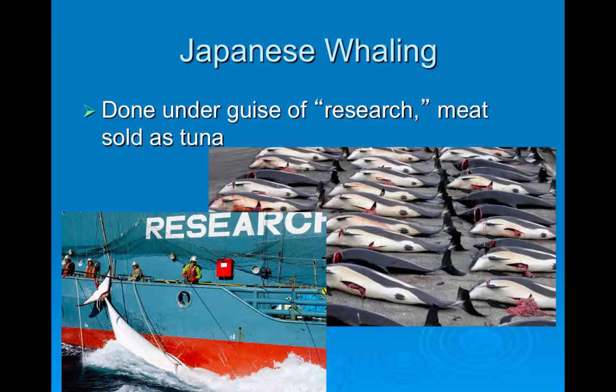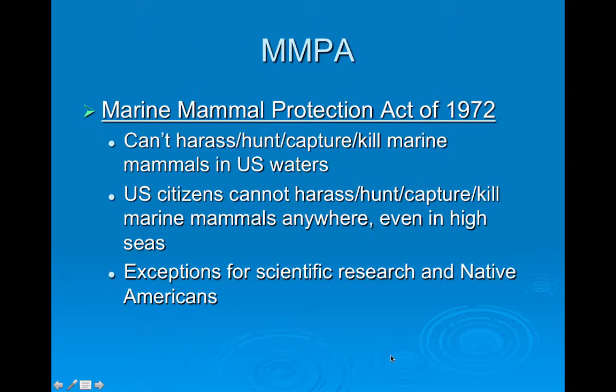What Japan likes to do is to harvest the whales, and they'll harvest upwards of 1,000 a year, and given that these are K-strategists, that's a lot. And they will sell it to the people in their country under the guise of tuna, because tuna is getting hard to come by these days. There is a loophole in the international treaty to not go after the whales that says that you can harvest whales for research. So the Japanese call all of their harvesting ships research. I'm not making that up. That's what they do. All right.